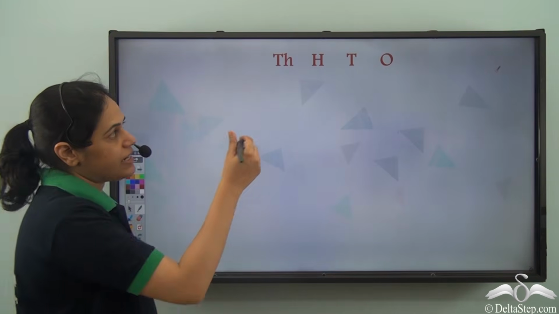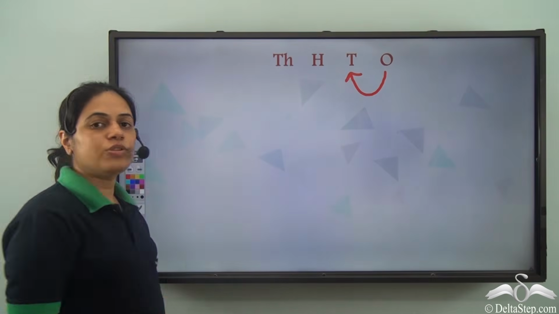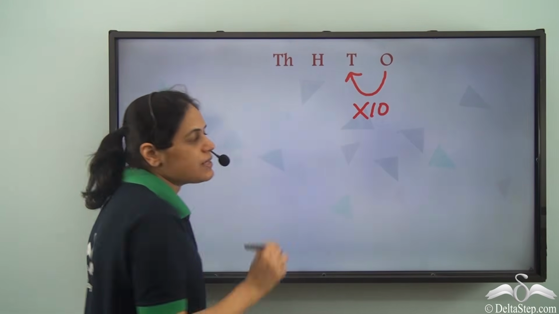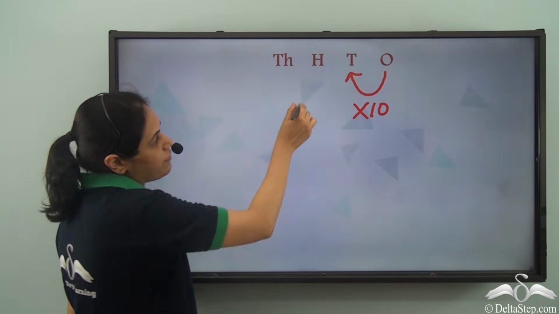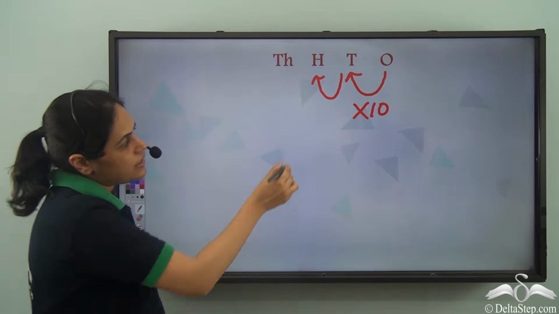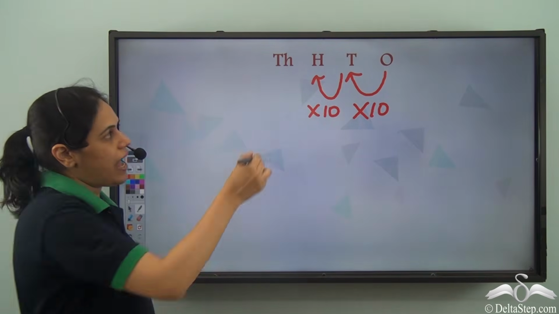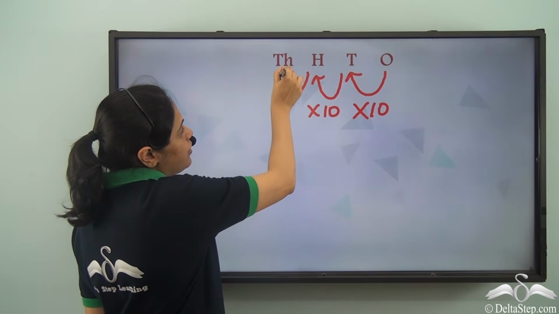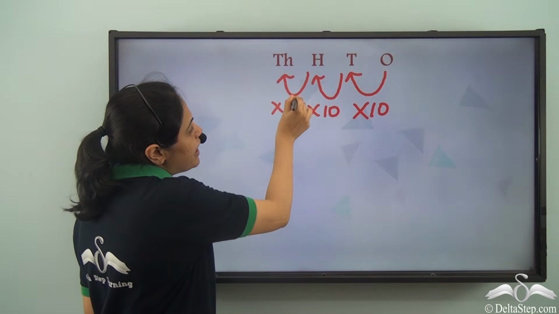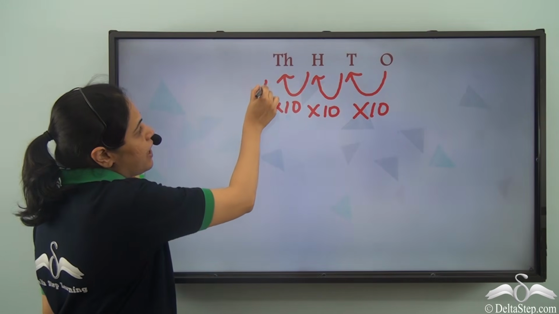We already know that when I move from the ones place to the tens place, the digit gets multiplied by 10. Now when we move from the tens place to the hundreds place, the digit once again gets multiplied by 10. And when we move from the hundreds place to the thousands place, the digits get multiplied by 10. Now if I further multiply by 10,